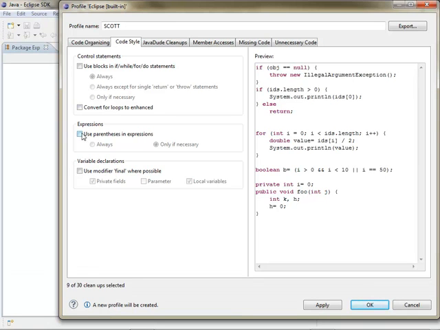Use parentheses in expressions. If you look at this expression and you're like, wow, that's complex, let me be explicit about it. And it spells it out like that. If you think something's